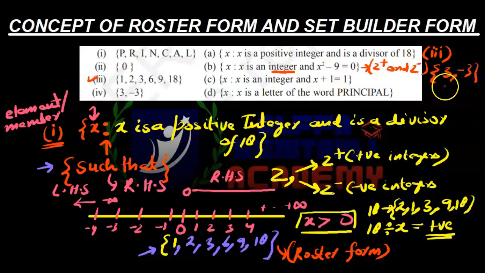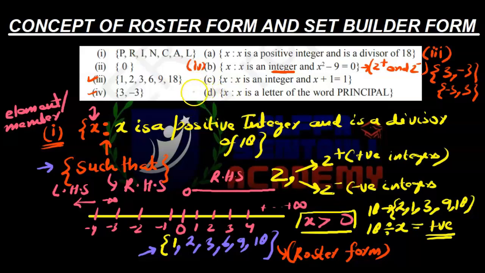Alright, you can write in the reverse manner also, because this is written in descending order. You can write in descending order: first a smaller number minus 3, then the bigger number plus. So the answer of B is what? The answer of B is the 4th one. Let me write the answer of B is 4th. Alright, got it?